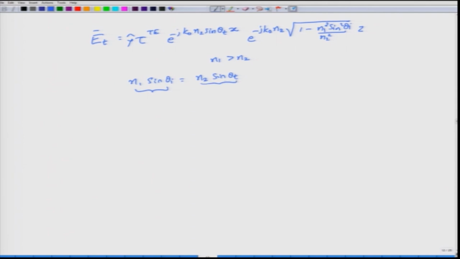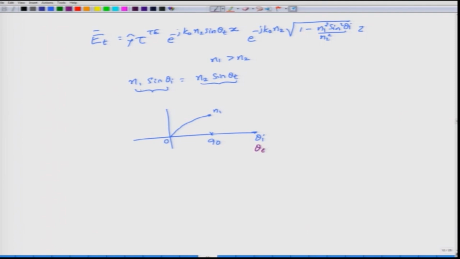Why would that happen? Because n2 is smaller and the maximum value of sin theta t could be equal to 1, and therefore, the maximum value that the right hand side can take in this expression will be equal to n2. Whereas, on the left hand side the maximum value that it can take is n1, but you may not even need to go all the way up to theta equal to 90 degrees to reach the maximum. If you go from 0 to 90 degrees and plot this n1 sin theta I, it would look something like this, reaching a maximum of n1, as theta I is increased,